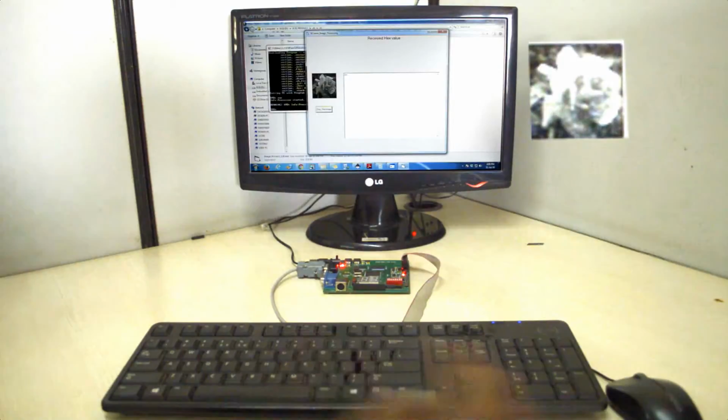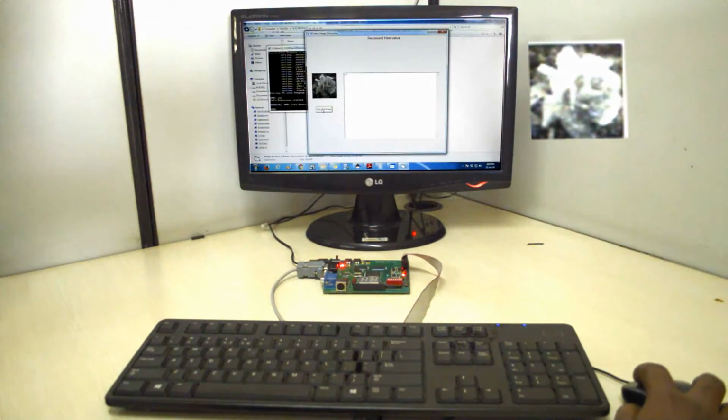Now when you press display image, you can see the noise removed output. That salt and pepper noise is getting removed from the actual image.